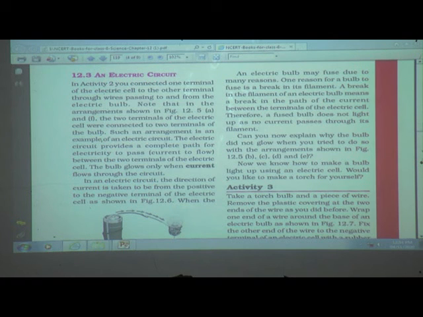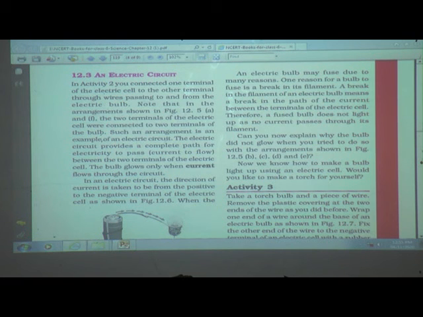Such an arrangement is an example of an electric circuit. The electric circuit provides a complete path for electricity to pass. To pass means current to flow between two terminals of the electric cell. The bulb glows only when current flows through the circuit.